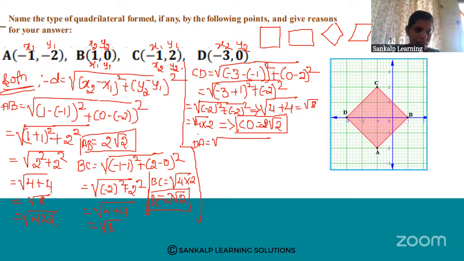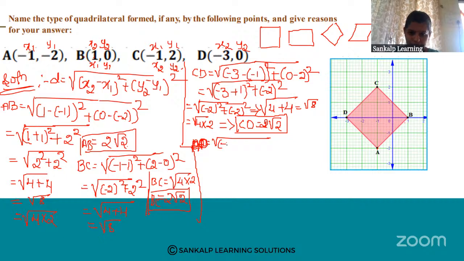DA, check it. Where is DA? You are considering from D to A. That means A to D or D to A. One minute. So we'll take it from A to D. AD or D to A, both are same. A to D, that time this is x1, y1 and this is x2, y2. If you consider from D to A, then this is x1, y1 and this is x2, y2. Both are same. Okay. Now, from A to D, I am considering